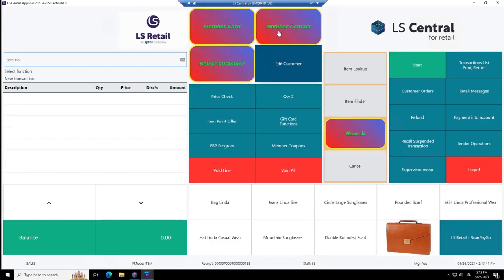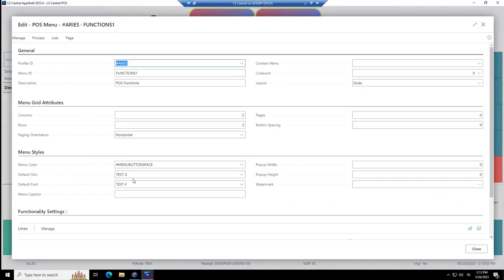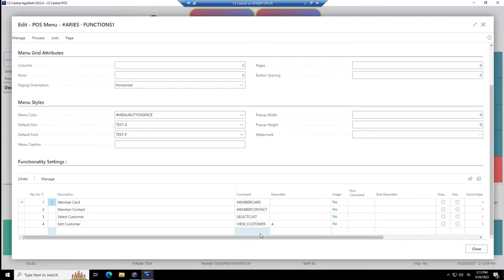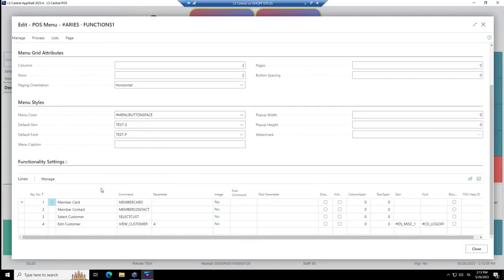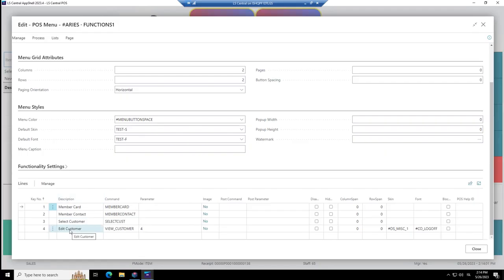Because we were changing this for the menu. Why didn't the 4th one change? Let's look into that. Right click, menu properties. So remember we were changing this. But now let's go into the lines. And I'm going to make this one smaller because the edit customer one had a fixed skin and a fixed font.